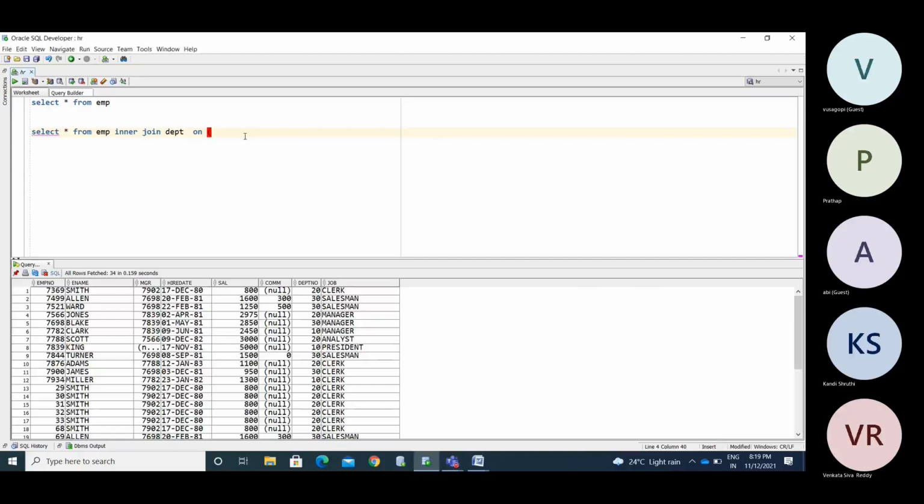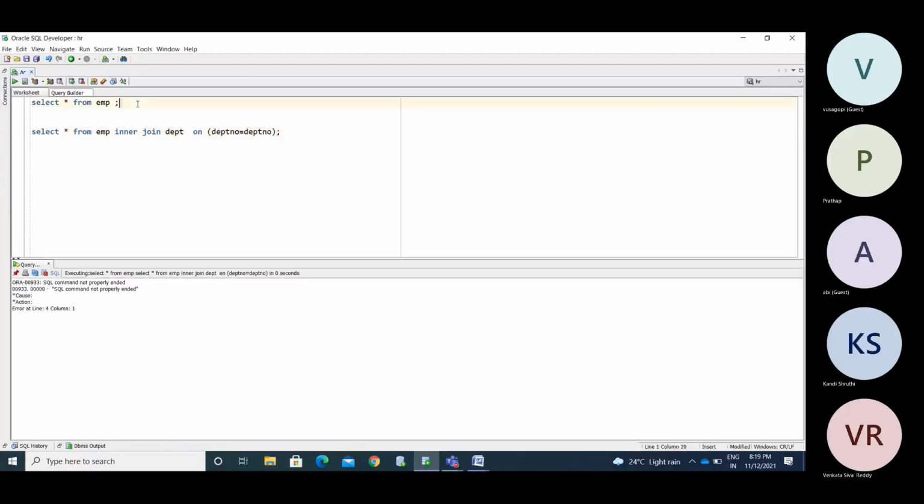Here, if I want to put the join condition for these 2 tables, I need to use one of the related columns from these 2 tables. So DPT number equal to DPT number.